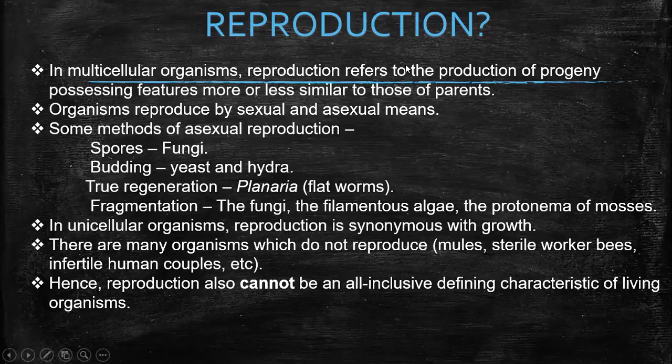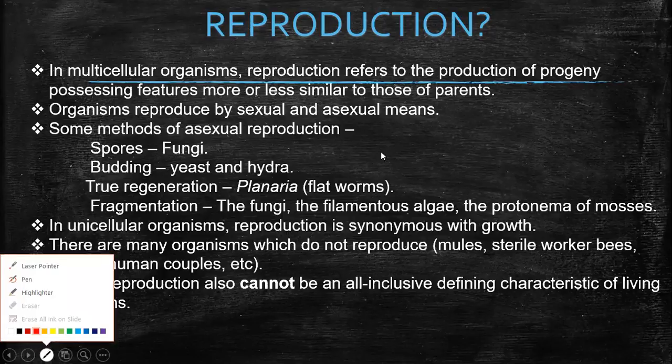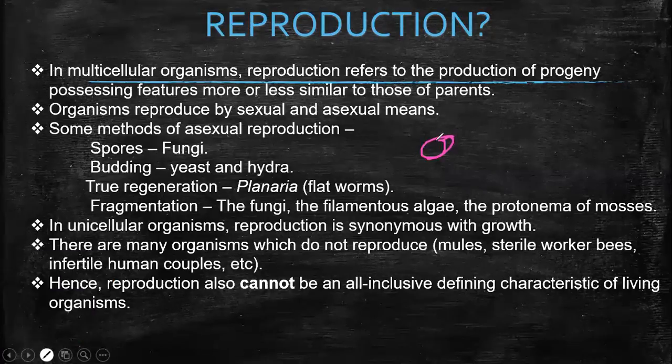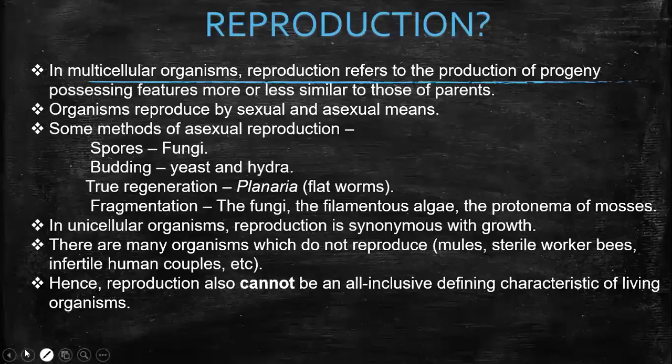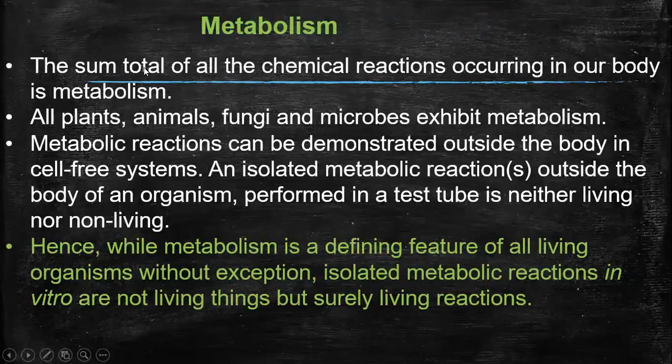For example, a stone. In case of non-living objects, a stone, due to disintegration, weathering, all those, can break into different identical pieces. Okay, identical or not identical pieces, and that is what is said to be reproduction. Before moving on to metabolism, let me show you the NCERT.